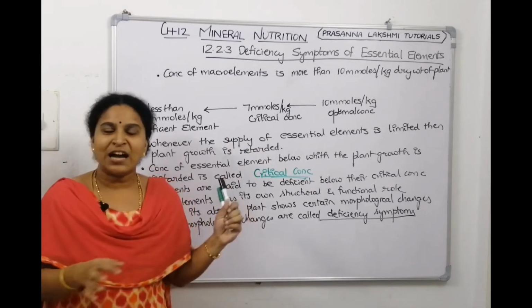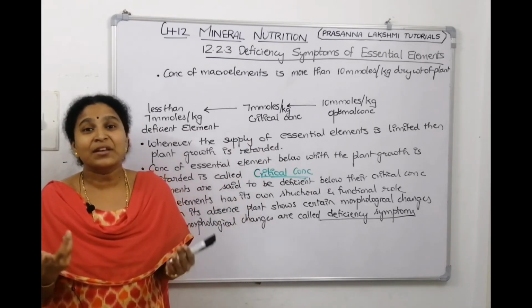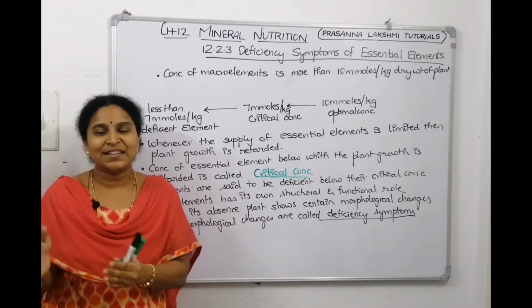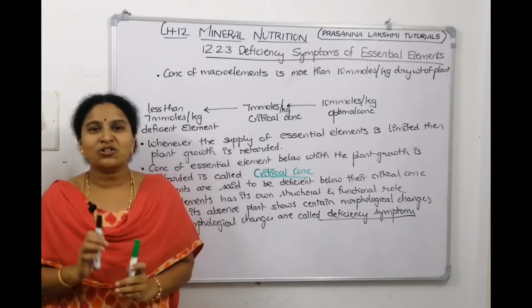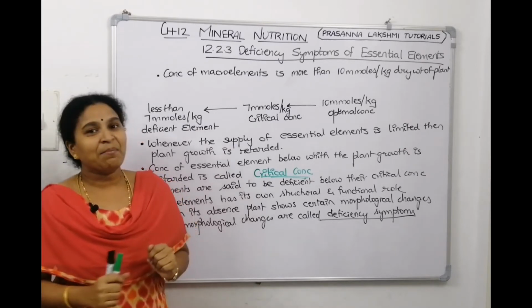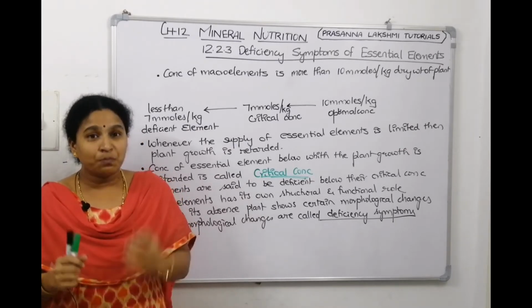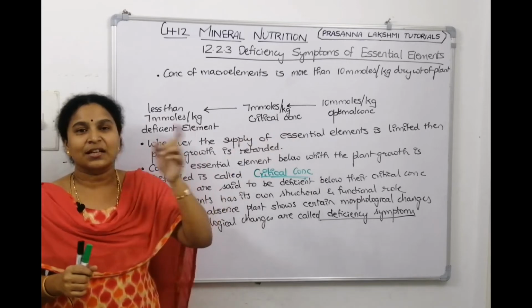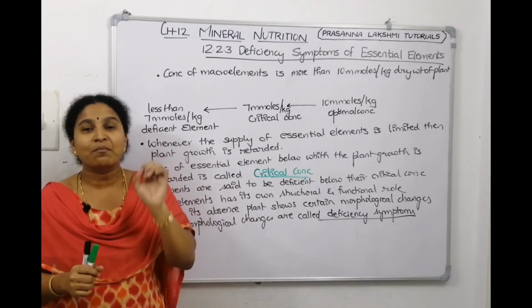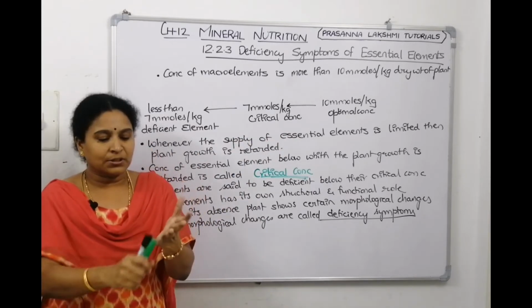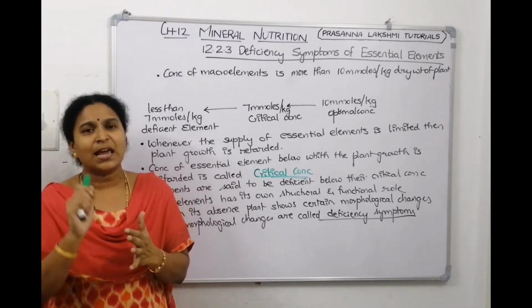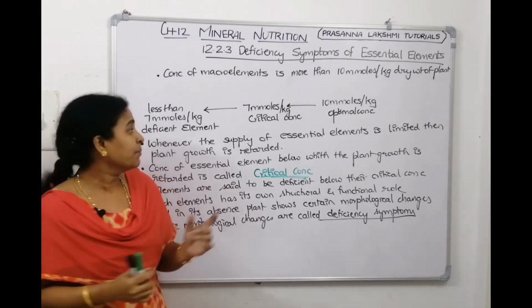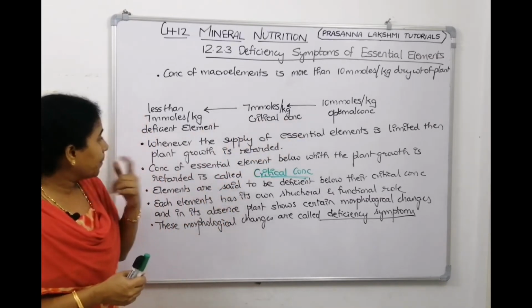I took off the other chocolate also from you. Now you are not having any chocolate, right? If it is a small child, they start crying like, Mama, you took both of my chocolates, now what should I eat? In the same manner, if the concentration goes below the critical concentration, then the plant starts showing morphological changes. Root growth gets retarded, stem growth gets retarded, leaf size, leaf color, leaf shape, everything gets retarded, right? So that is our today's topic.